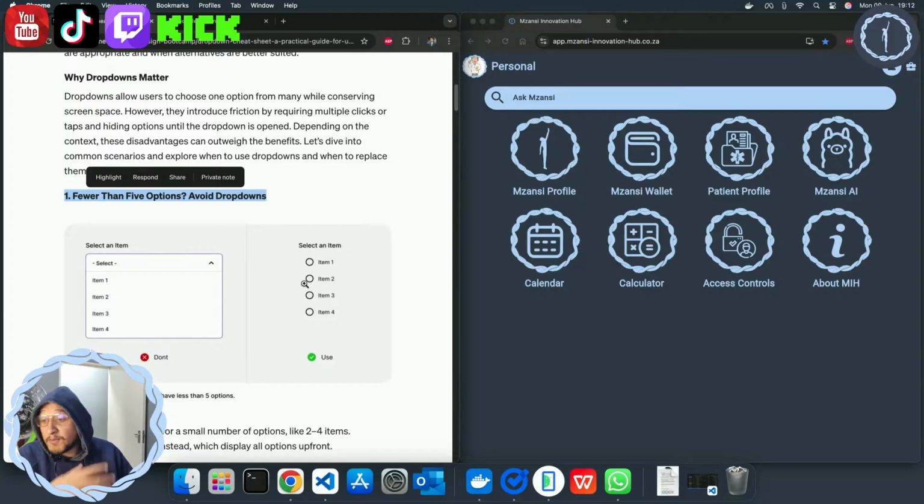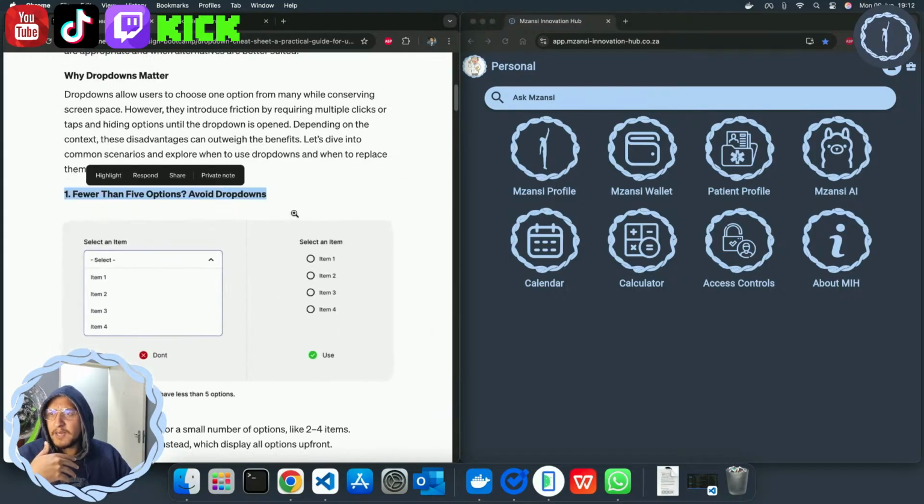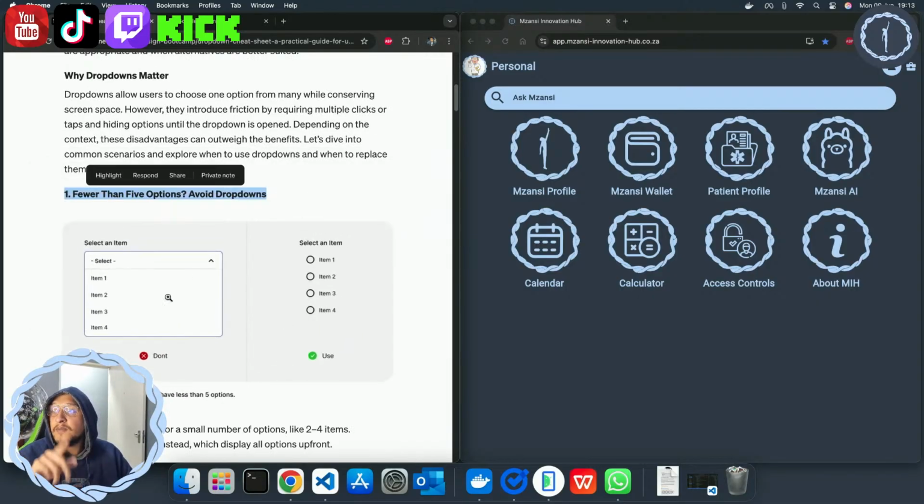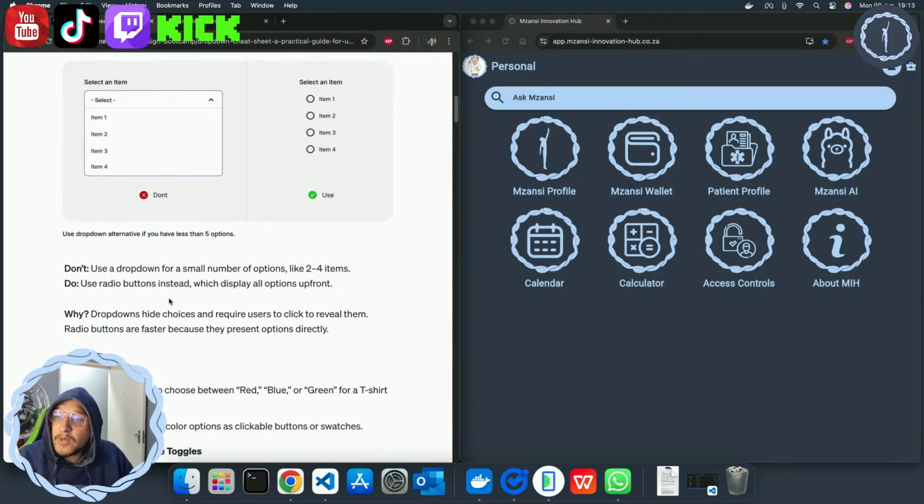So that's the kind of optimization they are talking about over here, and the user experience that they're speaking about. So I'll open that up, so you'll see if it's fewer than 4 options or fewer than 5 options, we should not have a drop down. We should rather have a radio button selection. If we scroll down again,